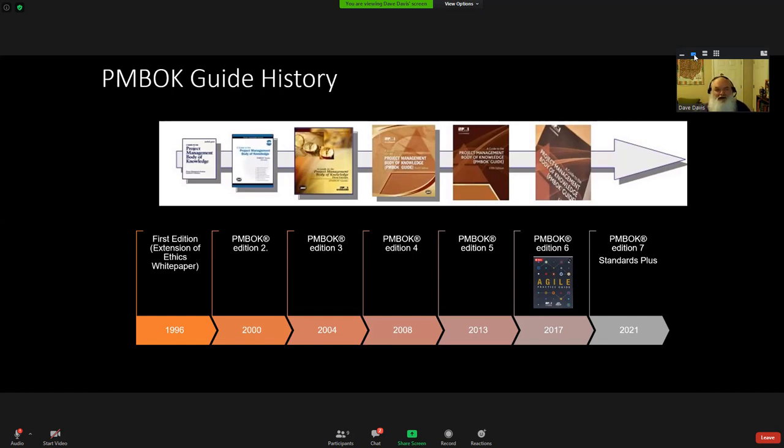Briefly, I kind of want to give you a timeline of PMBOKs in general. I'm not going to spend a lot of time here, but I don't know if any of you remember the first one. This is actually in the time frame in which I got my PMP exam. And really the first PMBOK Guide wasn't even a guide. It was kind of notes, for lack of a better term, and thoughts and ideas. There were some white papers, but there were things in there such as we met as a team and talked about these things. So that was the start of the PMBOK Guide in 1996 is when it first came out in paper. And then as we follow this, I'm not going to read year by year, but it matured in several ways, matured in the content, matured in what the different knowledge areas were.